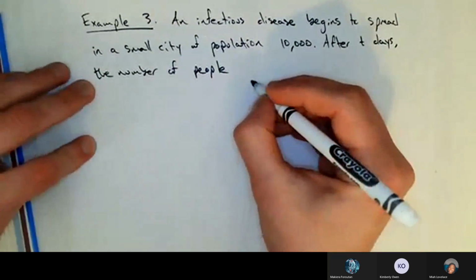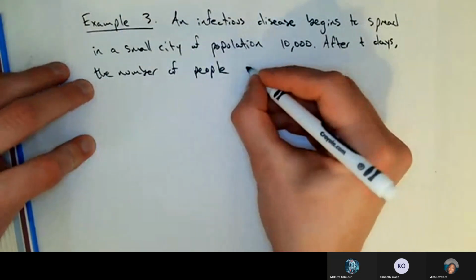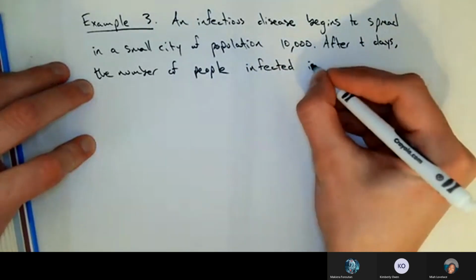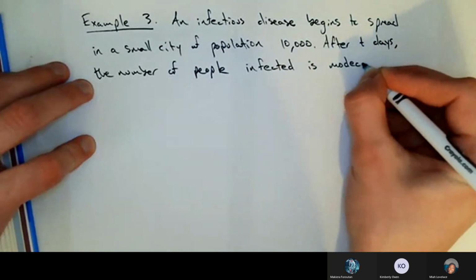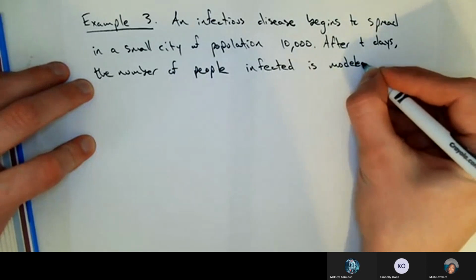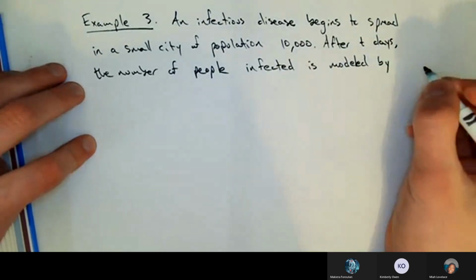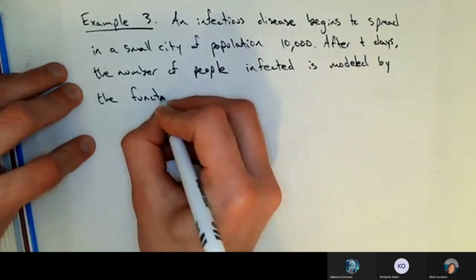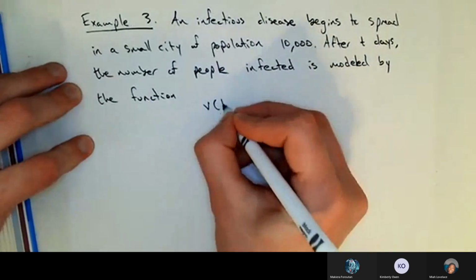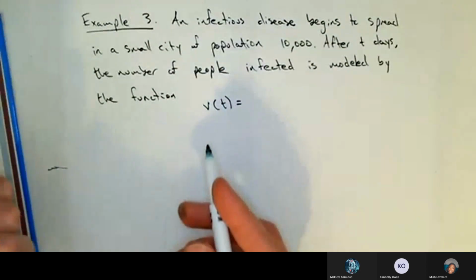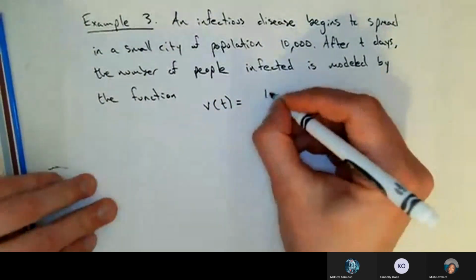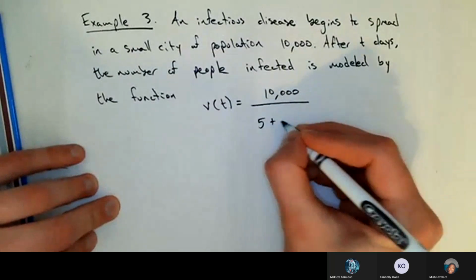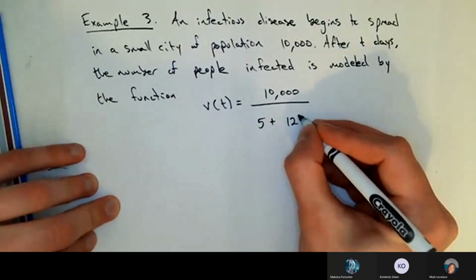After t days, the number of people infected is modeled by the function. So that word modeling is coming up again, modeled by this exponential function here, which we'll say V of t. They called it V for virus, maybe. 10,000 over 5 plus